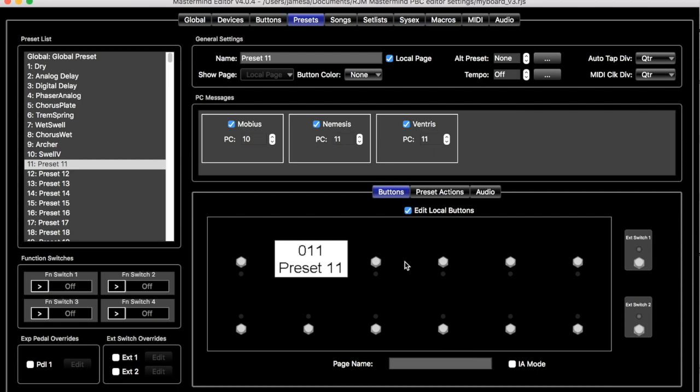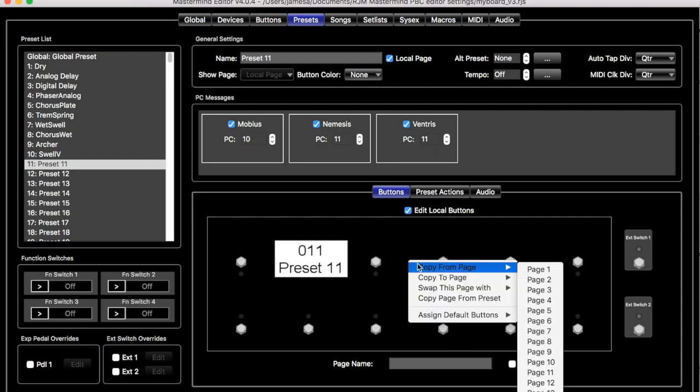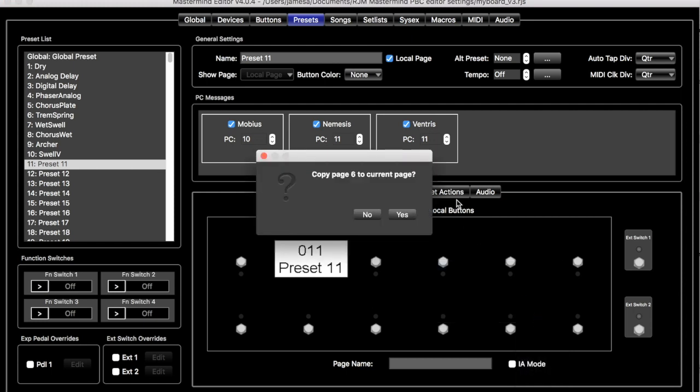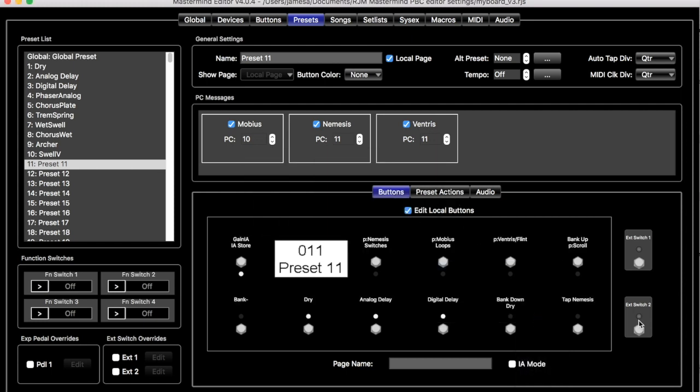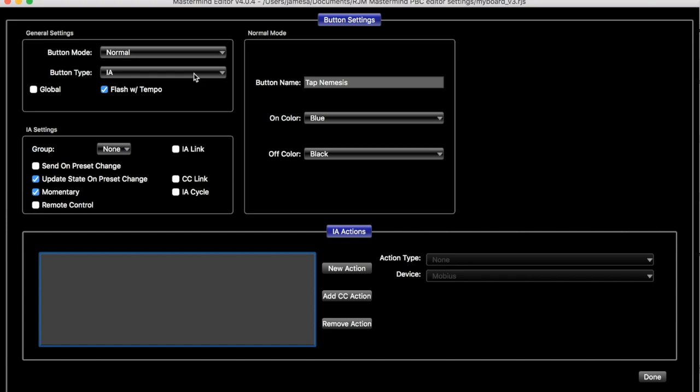So I've got nothing here. What I'm going to do is copy from my page 6, which is my presets page, and copy it to the current page. Okay, now I've got all that stuff back. I'm in edit mode, so I can double click my tap tempo here and change it to something else. Instead of having tap tempo, I'm just going to take that off, put these guys back on, and